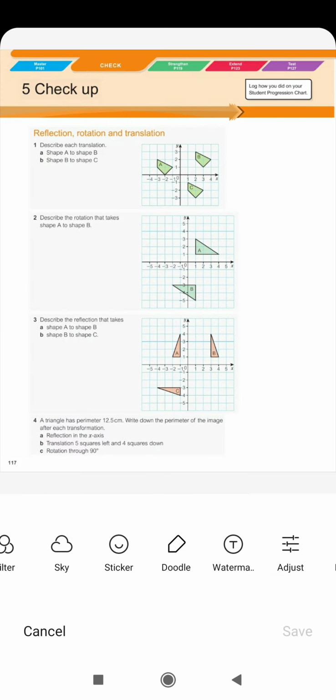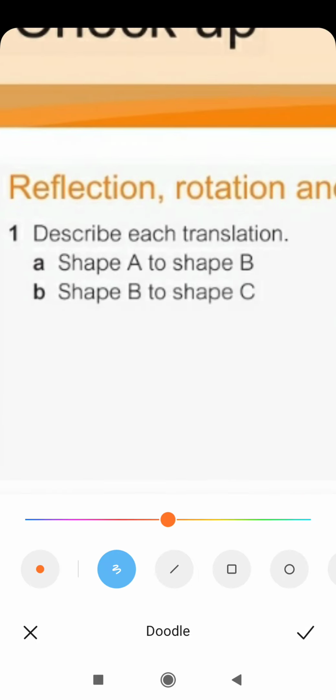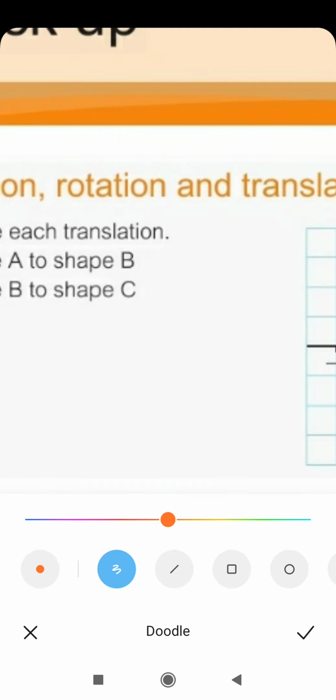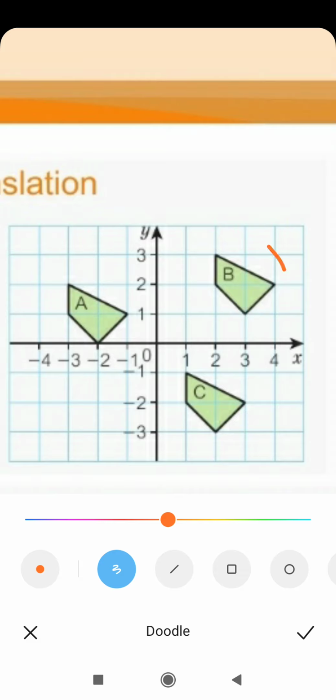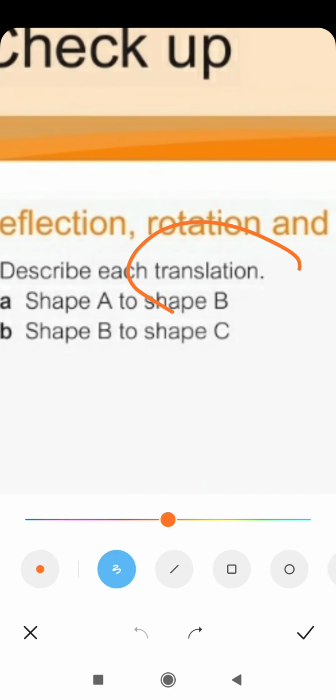Now, in this question, he told you what happened to shape B. How did shape B become C? How did shape B become C? Like that. Same thing. And he wants you to talk about translation only, okay? Here in the question, talk about translation only, okay? Don't say, no, it rotated or something else happened. He asked for translation. He wants you to describe the translation itself, okay? Now,